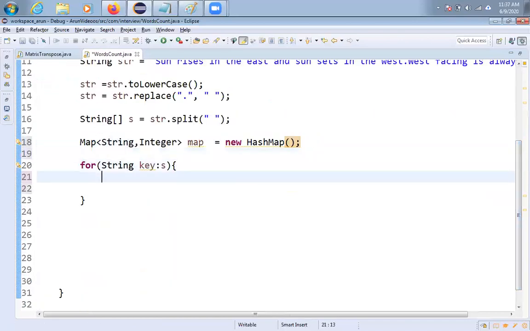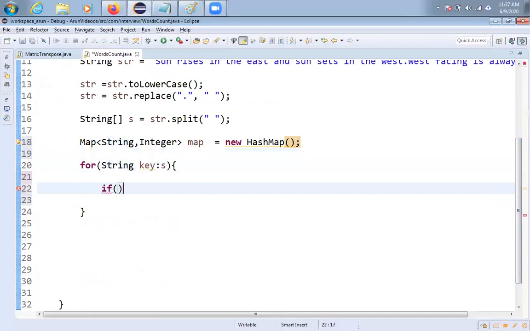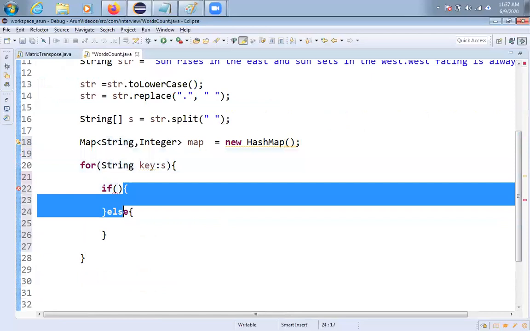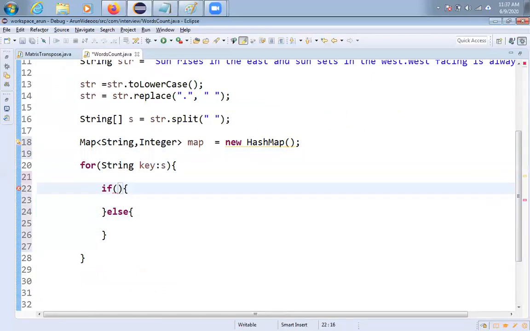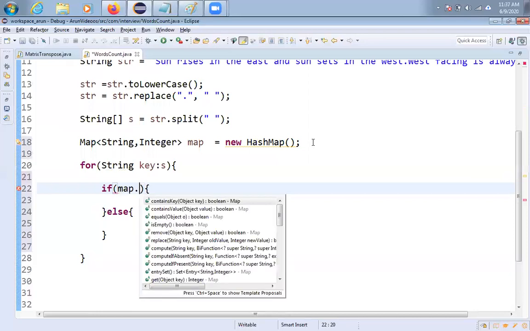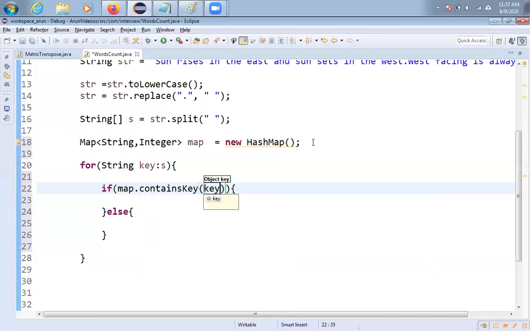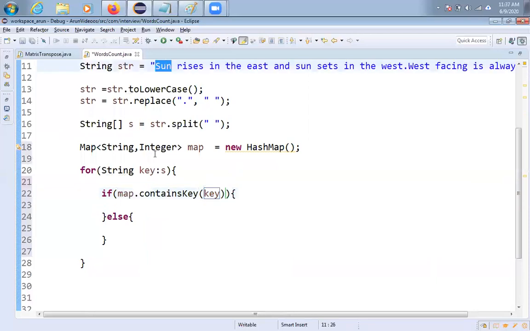Now inside, I am taking one if condition and else. If the condition is true, this block will be executed. If the condition is false, the else will be executed. What is the condition I am checking? If map dot containsKey of key. That means the first time, I am taking this sun word and checking inside the map whether this word is already available or not.